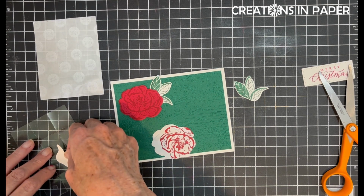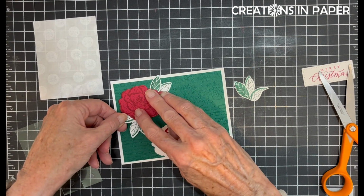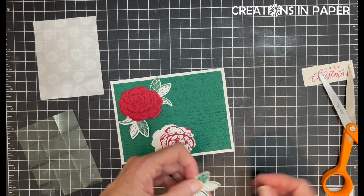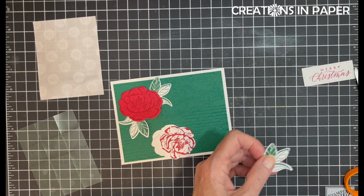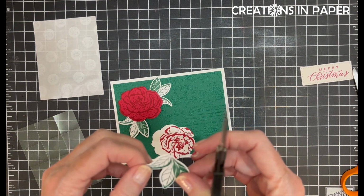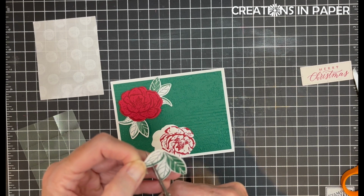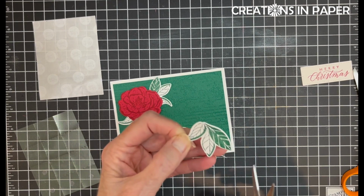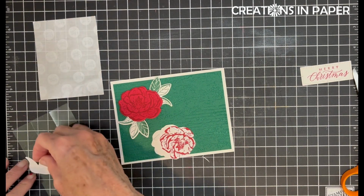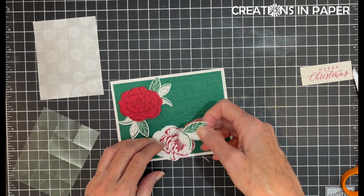I'm having another one of those weeks. I find I struggle if I don't create every day. I'm going to take my scissors and trim this. If I don't create every day, I struggle until I get back into the rhythm of things. So if you're struggling, you know, maybe it's because you haven't,